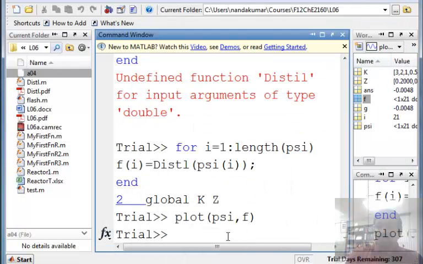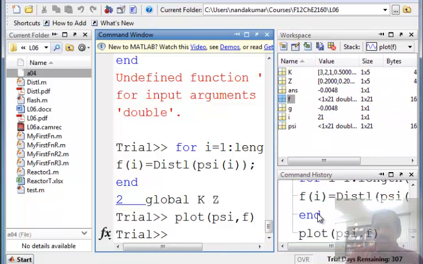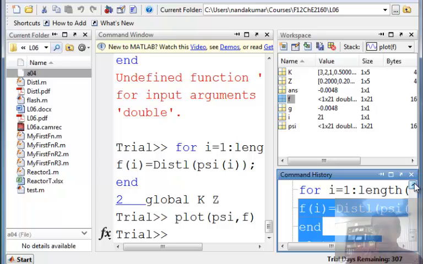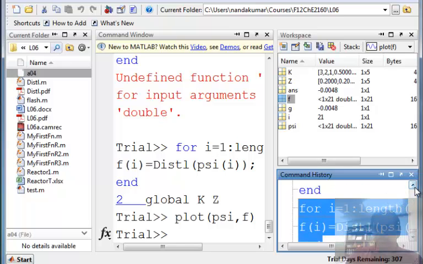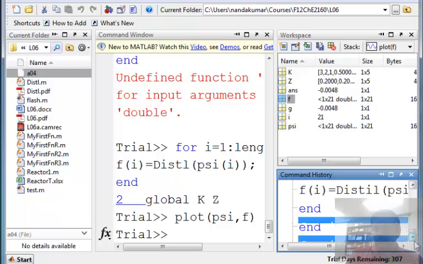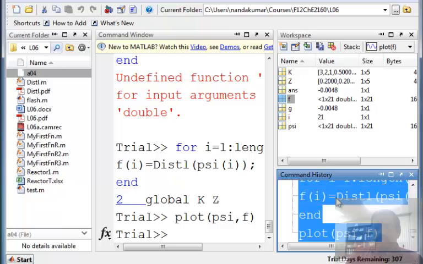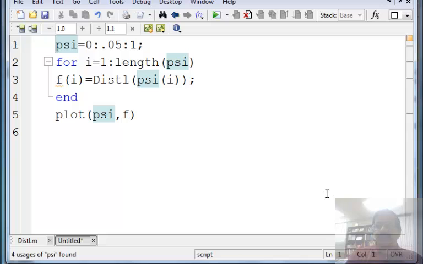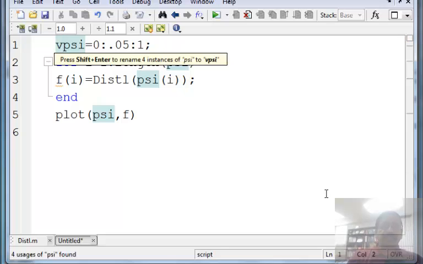Okay, so let me, instead of typing everything from the command line, let me show you something called a script file where you can put all these commands. So here in the history, you will notice that I have these commands that I have entered. A copy of these commands are kept, right? This one and this one that defines it. So I'm going to take all this and highlight them and then right click it and say create the script. Okay, so it creates a script file with all the commands that I tested in the workspace that work, I know. Okay, so now this is a script file